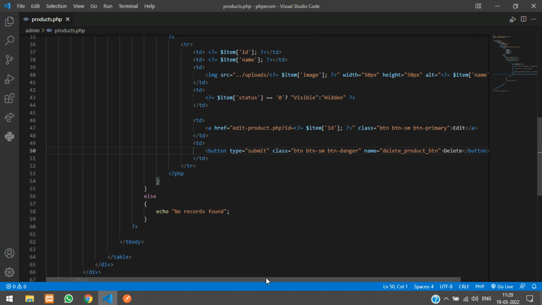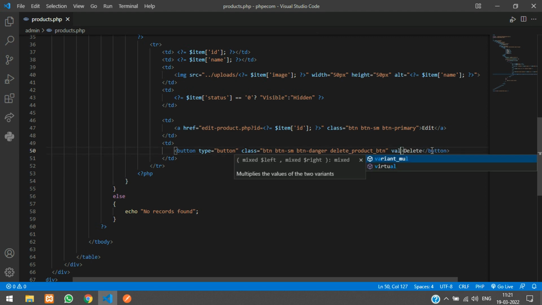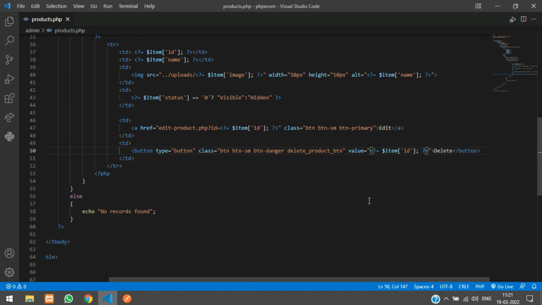Okay, so the button type is going to be button. Say button type equal to button. And for this class you can just give this. We are going to fetch it with the class name, not the name attribute. So you can just remove this, and we are going to specify a value for this, and I'm going to print the product ID in this. Item of ID. Paste. Using this class name, we are going to fetch the product ID when the delete button is clicked